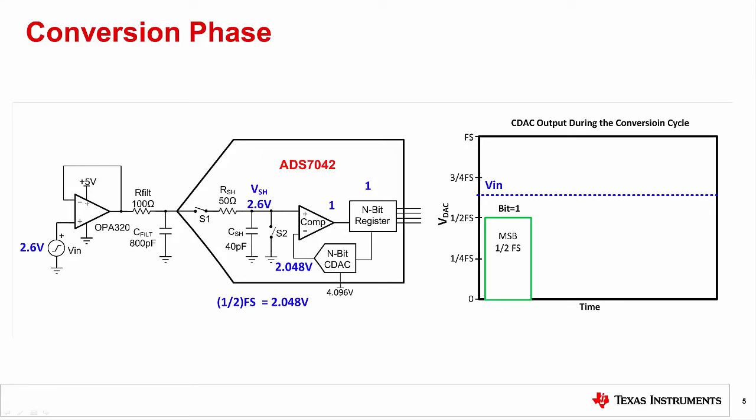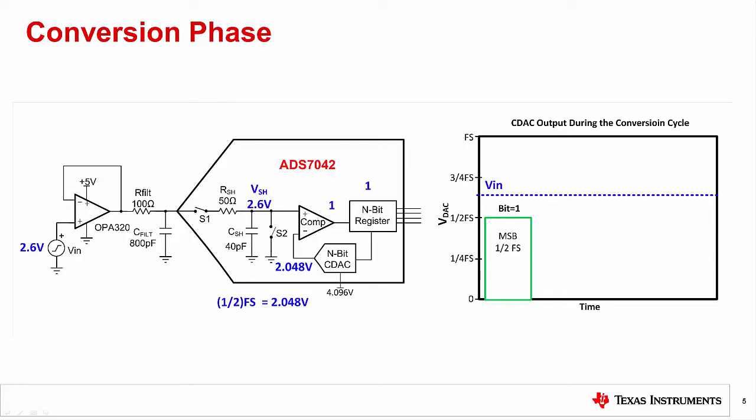This slide covers the details of the conversion phase. At the start of the conversion phase, the switch S1 is open and the amplifier's output is stored on the sample and hold capacitor from the acquisition phase. In this case, you can see that the sample and hold capacitor has 2.6 volts stored on it, which is the amplifier's output. The conversion phase process will do a comparison for each bit. This is a 5-bit converter, so 5 comparisons will be done starting with the most significant bit, or MSB, and moving to the least significant bit, or LSB.